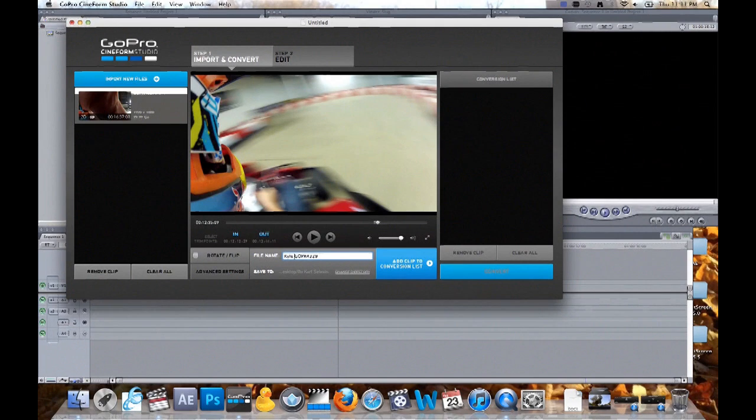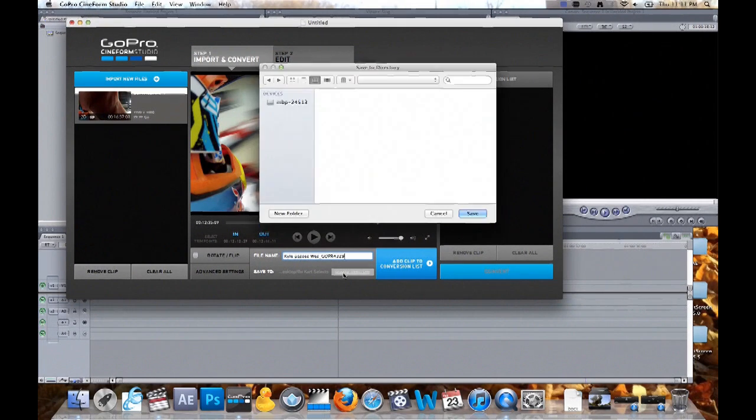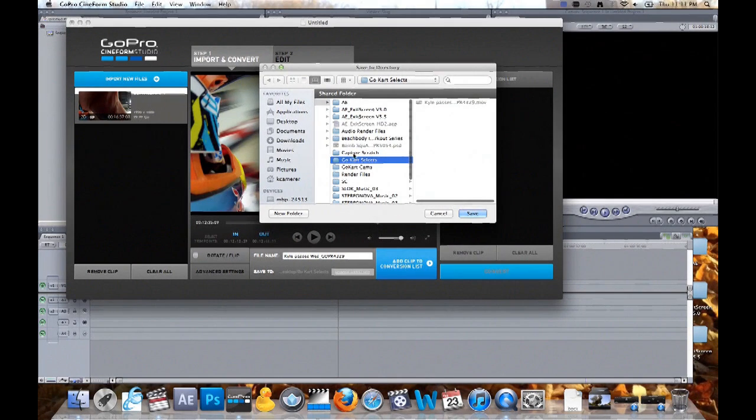Kyle Passes Wes. And we always want to leave the raw file name at the end of the files, just in case we want to later on go back and reference this file. We know exactly what clip we pulled this from. I'm going to change the directory to go-kart, where I want to save my selects to, and I've already created this folder called go-kart selects. So I'm going to hit save,